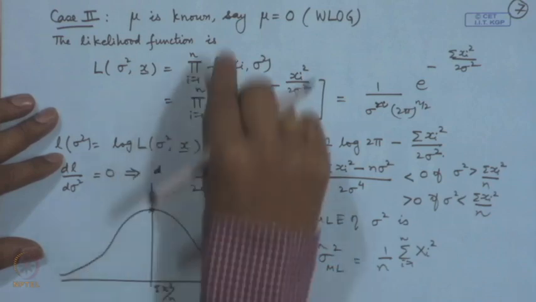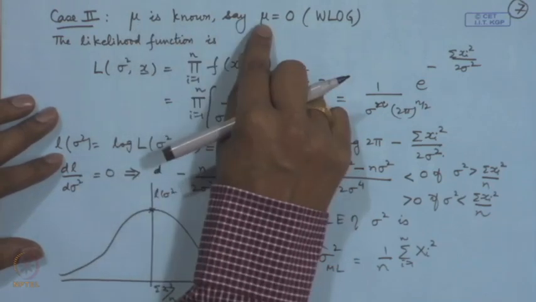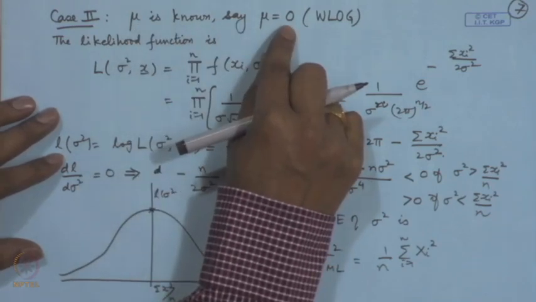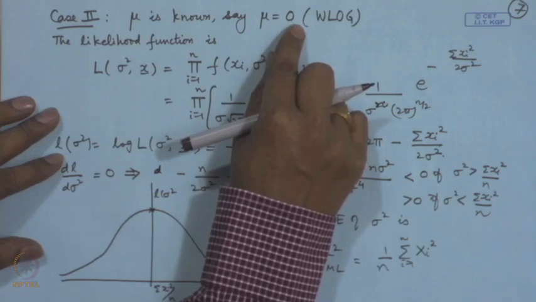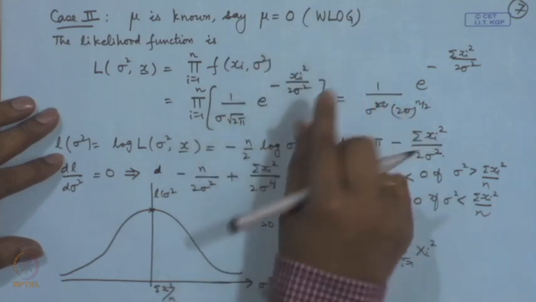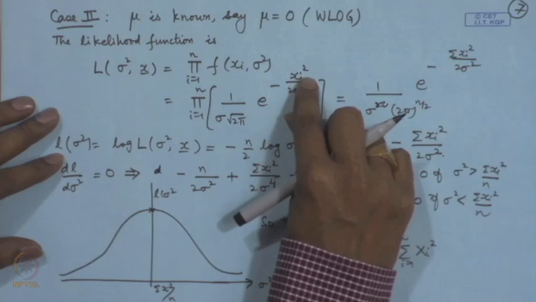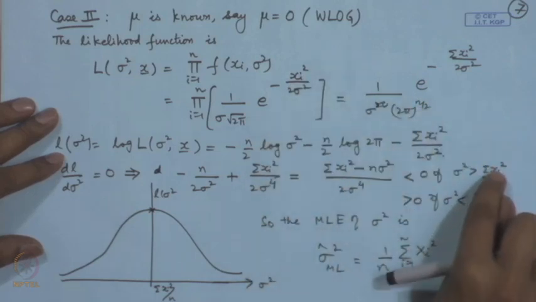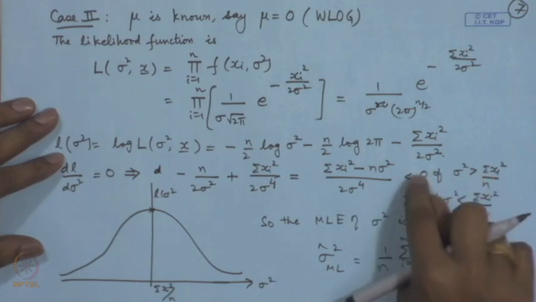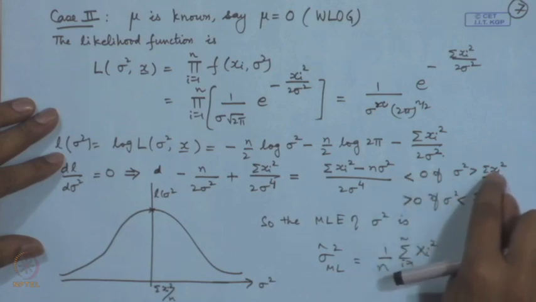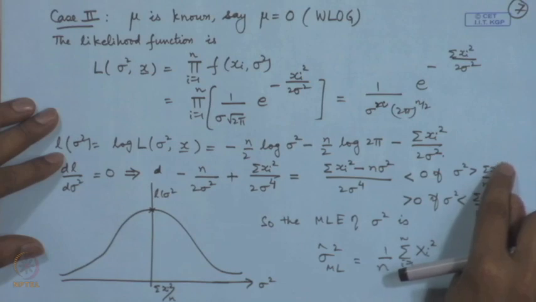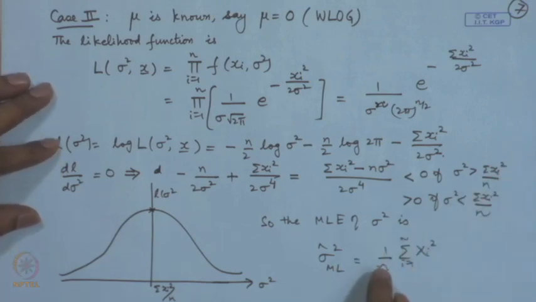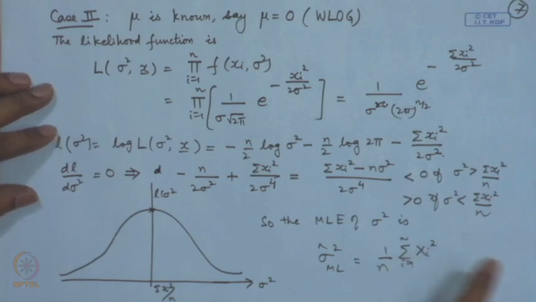Now, you can look at the variation. In place of mu is equal to 0, if we had put mu is equal to mu naught, then what would have been the modification? Here we would have got x i minus mu naught whole square. Therefore, when we considered the derivative here, we would have got the increasing and decreasing nature for sigma x i minus mu naught whole square by n. Thereby, the answer would have been 1 by n sigma x i minus mu naught whole square.